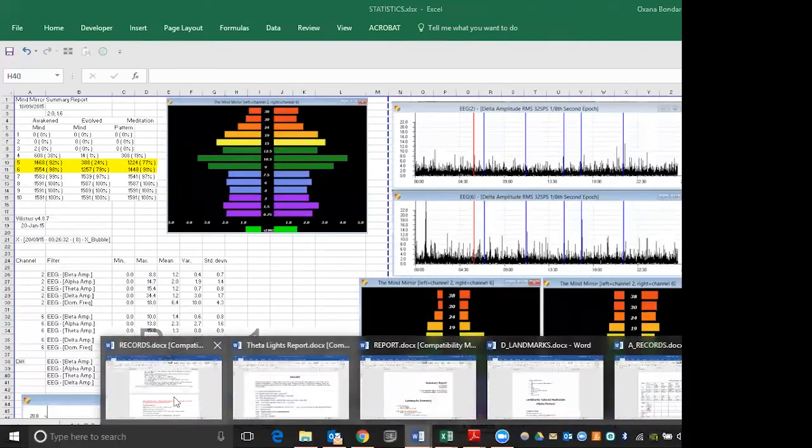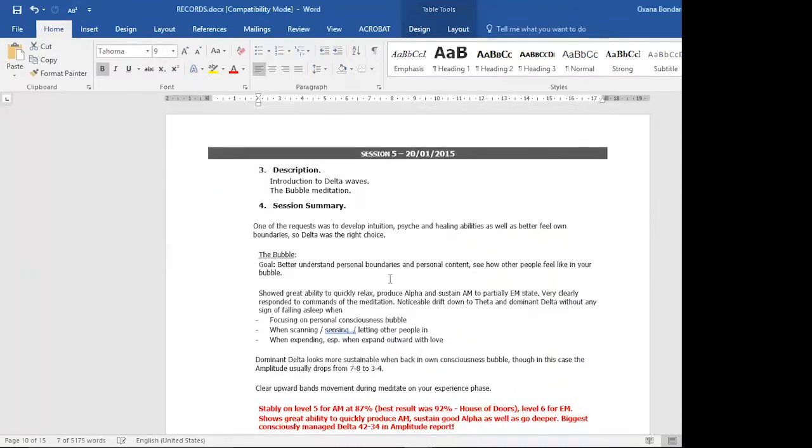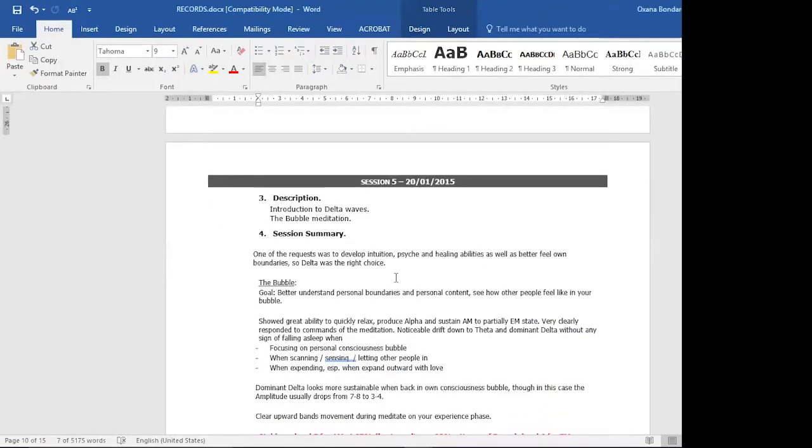So the next session we did with her, we talked about delta waves, because if you remember, when she came, she was quite sensitive, and I could see she responded with delta quite a lot, and I even labeled her as a hypersensitive person. So I thought it would be nice to address delta and do bubble meditation so she could better feel her personal boundaries and personal content, and understand how she feels about other people in her bubble or